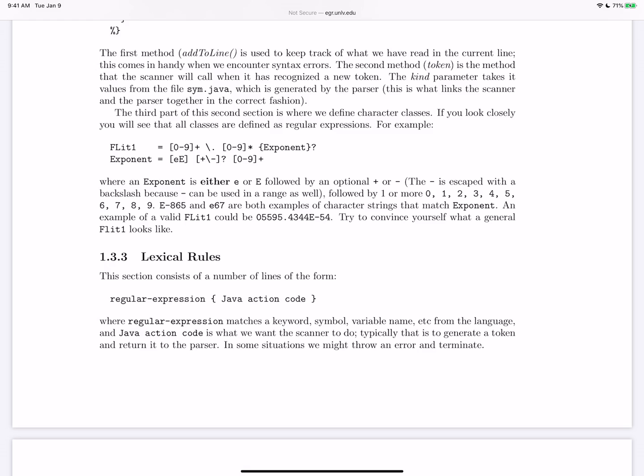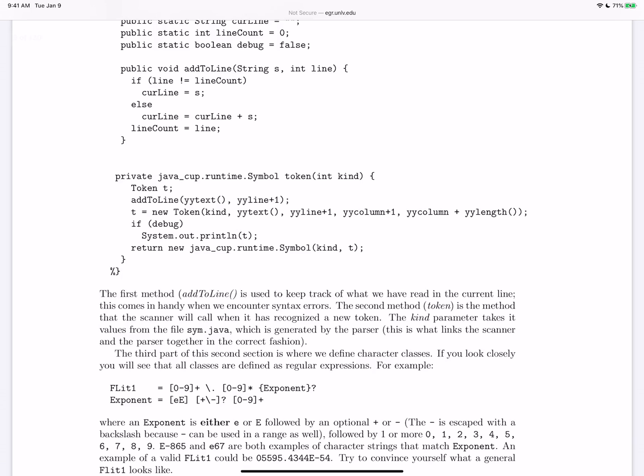Anyways, so the part that we have to fill in now, as I said, I've done all the other stuff at the top. So far, I haven't told you anything you had to do. Now comes the part that you have to do, and those are the lexical rules. The lexical rules basically are: write down all the regular expressions for all the terminals in the grammar, because those represent our tokens, and then write down some Java action code that will create the appropriate token. And luckily, we have this token function up here. So all this Java code is just going to be calls to this token function with the appropriate kind.